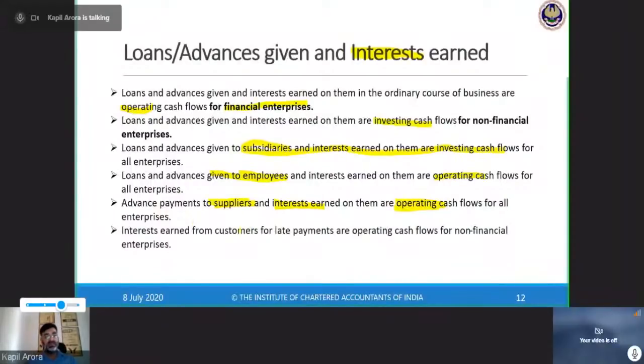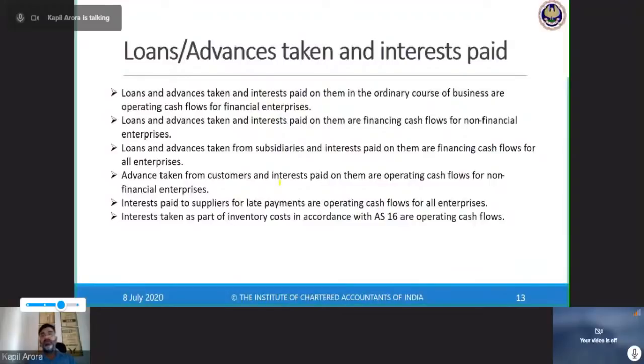Interest earned from a customer for late payment is operating cash flows. So anything which is related to my operations will always come under operating cash flows. Now, here I am talking about the other side. What if